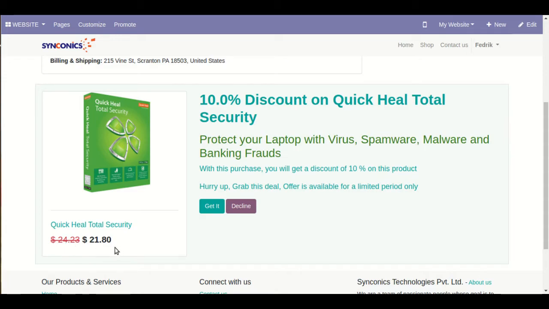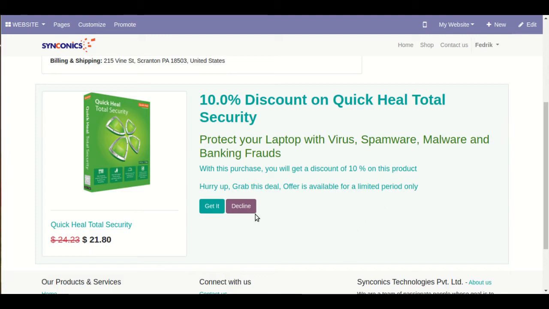So this is the regular price and this is the discounted price. Now there are two choices for the customer, that is either get it or decline it.